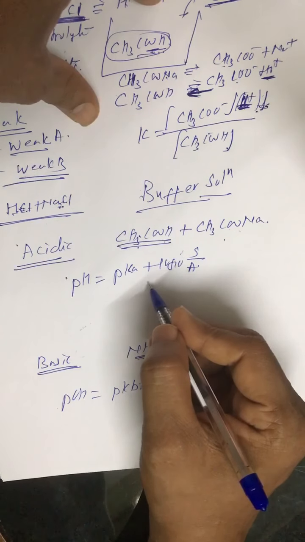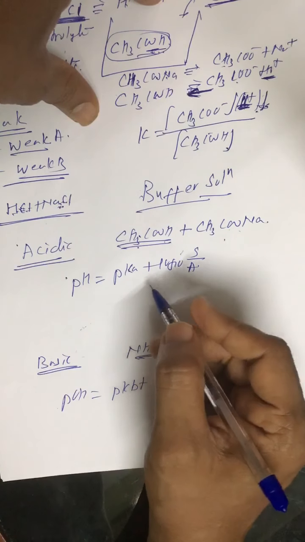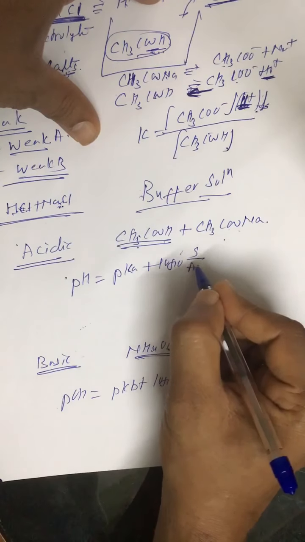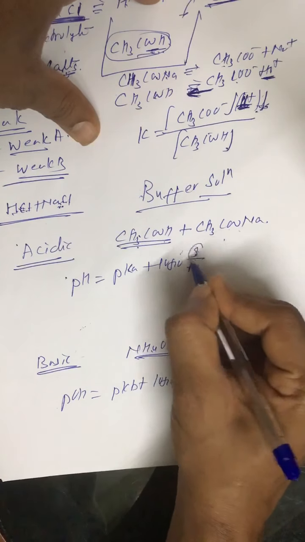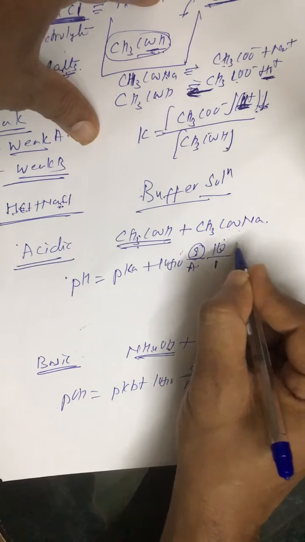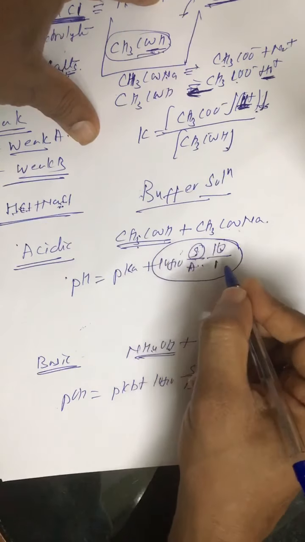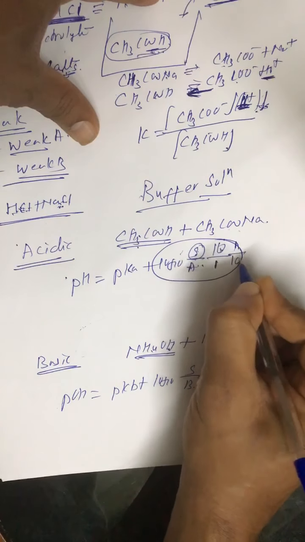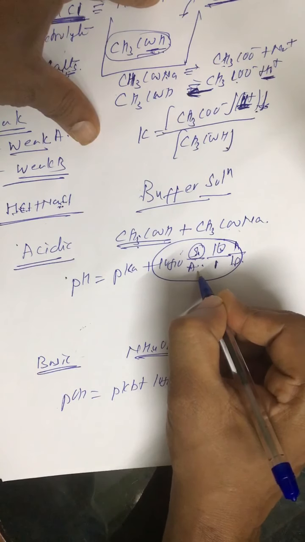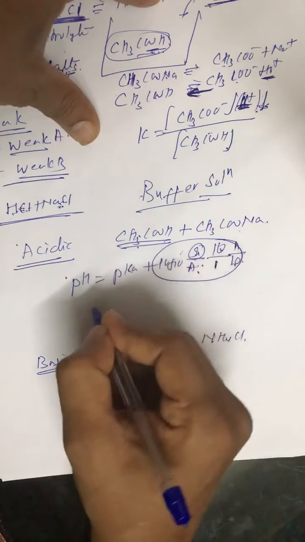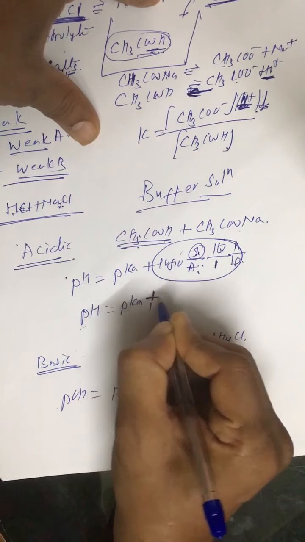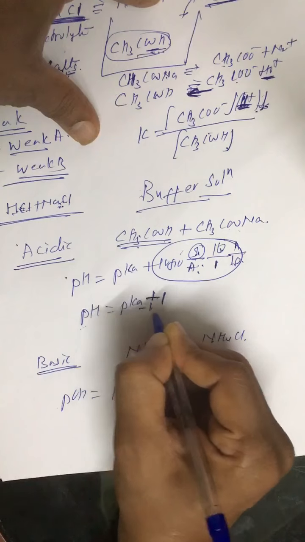Under what condition can a solution behave as a buffer? That is called the pH range. The pH range is when the ratio of salt concentration to acid concentration is 10 to 1, so log 10 is 1. The second condition is 1 to 10, meaning salt concentration is 1 and acid concentration is 10 times. So the buffer range becomes pH equals pKa plus minus 1, or you just remember this plus minus 1.